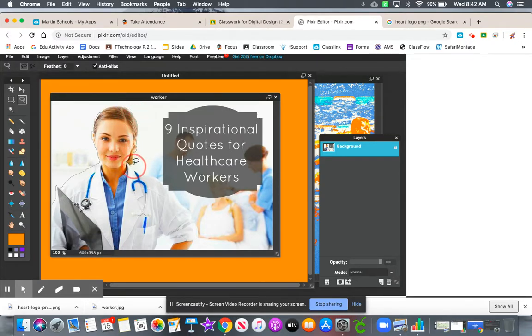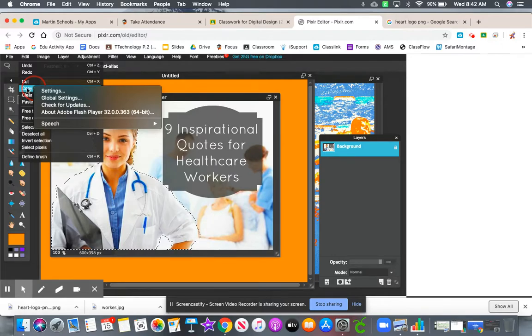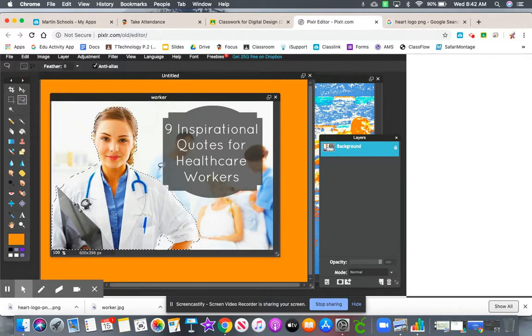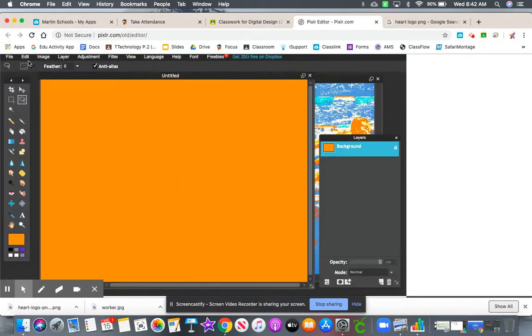But I'm going to come around here. I'm not going to spend too much time trying to refine this. Pixlr does a pretty good job of trying to find those edges. Come down in here, and then I'm going to close off this selection. Perfect. Edit, copy. Just make sure you see that copy there. I can close this image out. I don't want to save it. Edit,